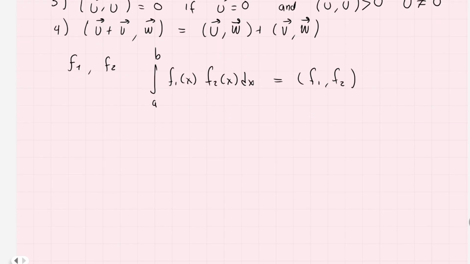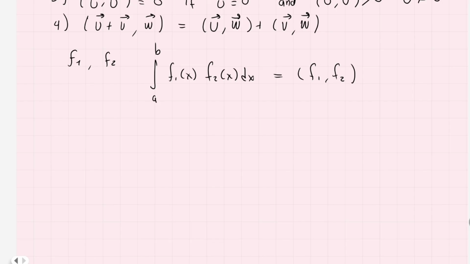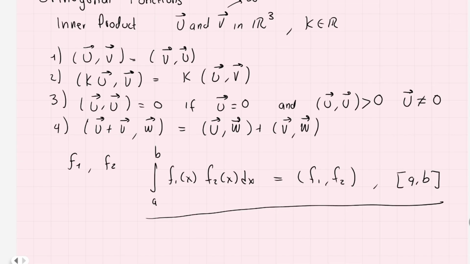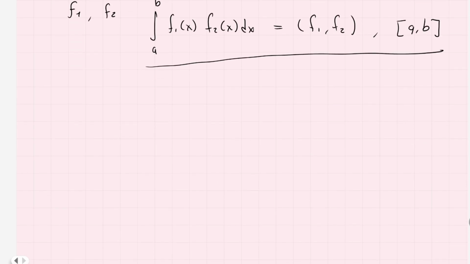It's also very important that we need to define this inner product on an interval that is, of course, the closed interval a comma b. Okay, so this will be the definition of the inner product. So, what can we say about this? First, we can take motivation from the fact that if the inner product between two vectors is equal to 0, we say that these vectors are orthogonal. Okay, so we are going to say that